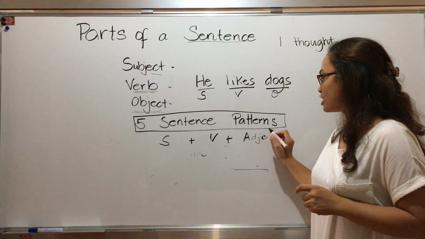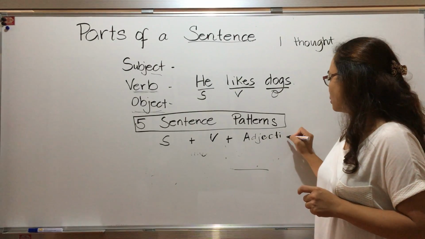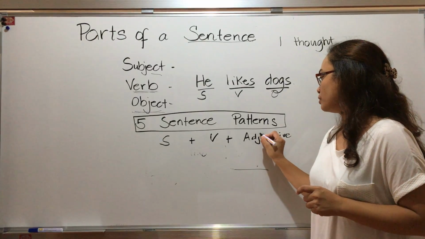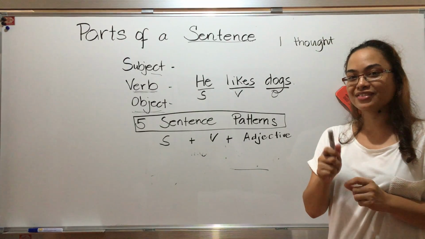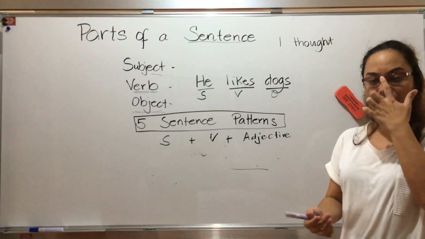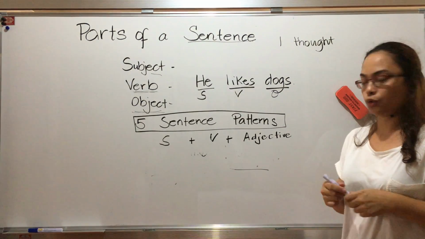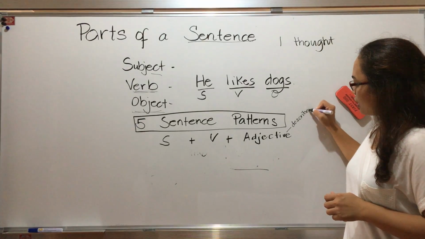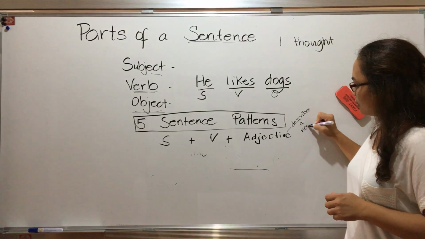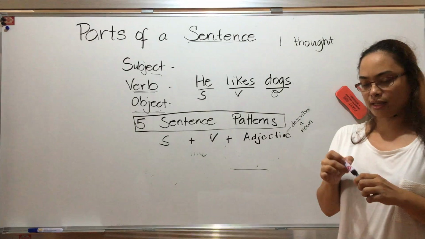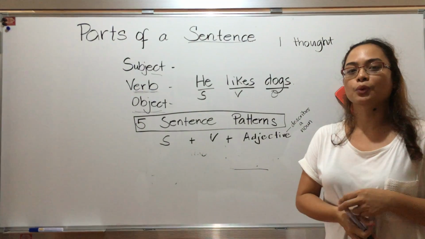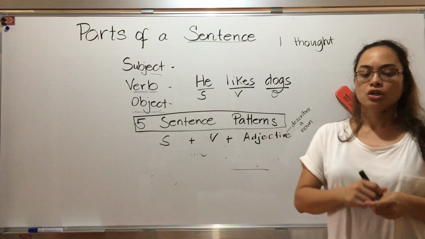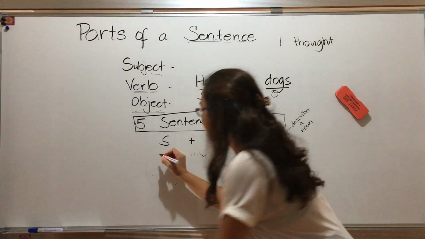ADJ means adjective. Maybe you're wondering what's an adjective? An adjective is something that describes a noun. Okay? It's sometimes called a describing word for nouns. So we have subject plus verb plus adjective. So an example will be